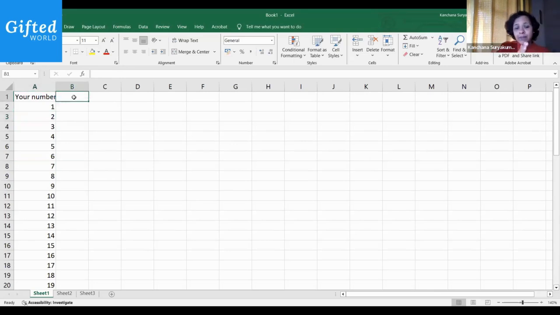What was the second step? I was going to add 3. So I say is equal to again, because I'm going to type in a formula, and I'm going to say whatever was in this cell, I'm going to add 3 to it. Look at what I have typed down: is equal to whatever was in A2 plus 3. It does the addition for me, and I'm going to do the same magical autofilling. I go to the bottom right of the cell and I drag.